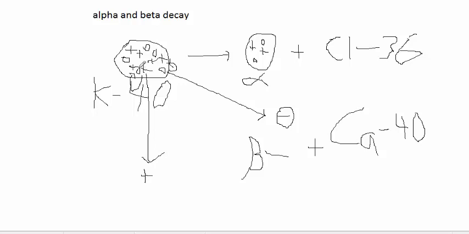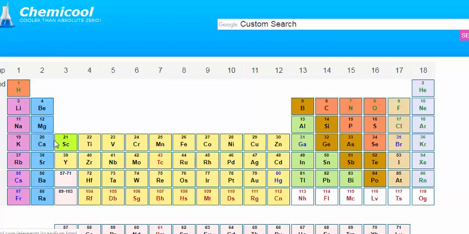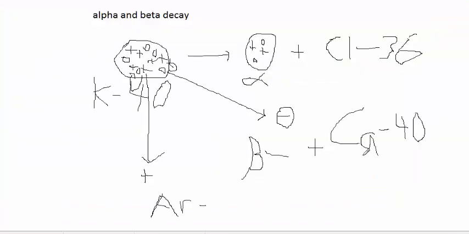So what gets formed from our potassium-40? Well, we saw that we lost a proton this time, so we're going to move left on the periodic table, but only 1 spot because the atomic number only dropped by 1, so we're going down to argon. And again, the number of nucleons doesn't change. We just have a shift between proton and neutron again. So the mass number is still